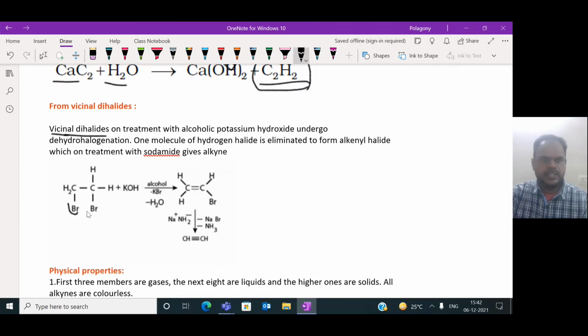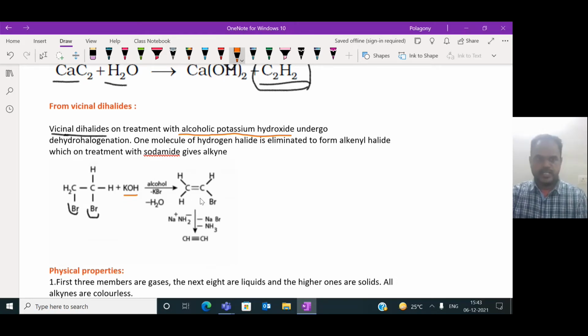Here you can see two halogens are present on adjacent carbons, so hence it is said to be a vicinal halide. CH2Br and CH2Br plus KOH, which is alcoholic potassium hydroxide. When the vicinal dihalides are treated with alcoholic potassium hydroxide upon heating, then we can get